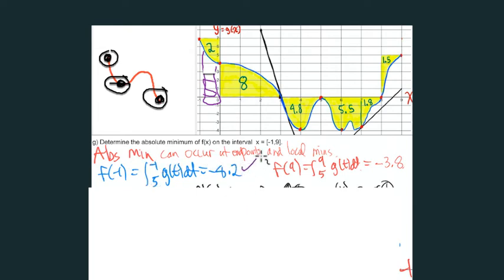Then we have to do the other endpoint, from 5 to 9. Now we have to do the area from 5 to 9. That's more straightforward because we're going left to right. So it's going to be negative 5.5 for that, minus that 1.8, plus 1.5. And if we add that up,